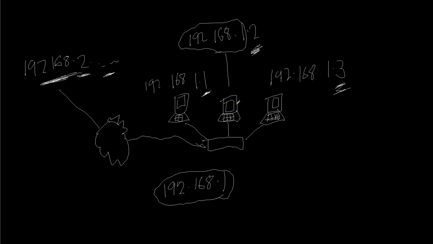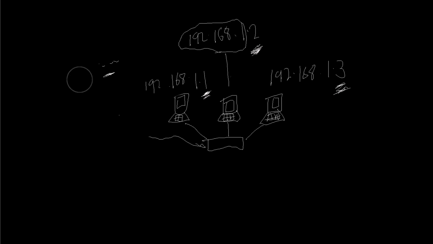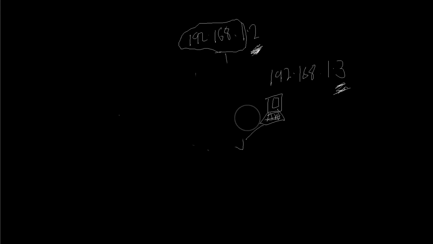That's how it works. So the first few numbers are the actual network number, and the last number, i.e. 1, 2, or 3, the one at the end, is the computer number on the network, or device number, because it can be a printer, it can be a phone, it can be anything. Now, you might be thinking to yourself, well, what's the maximum number I can have out of this? Because, you know, computers can only go up to so much. The way that these addresses work, and we're going to go over it in architecture when we get onto architecture later,